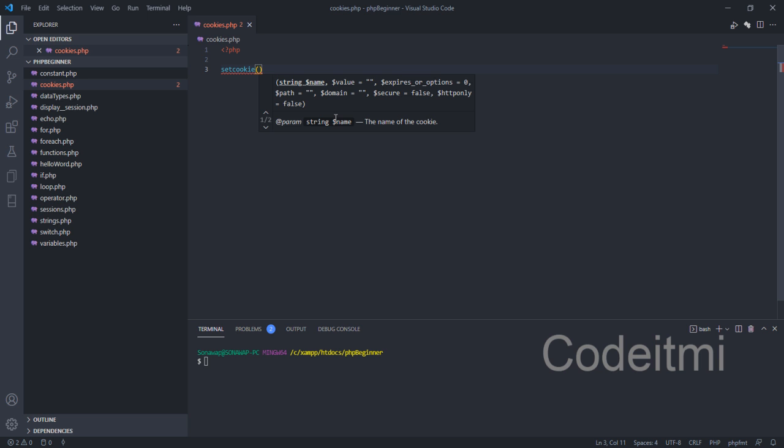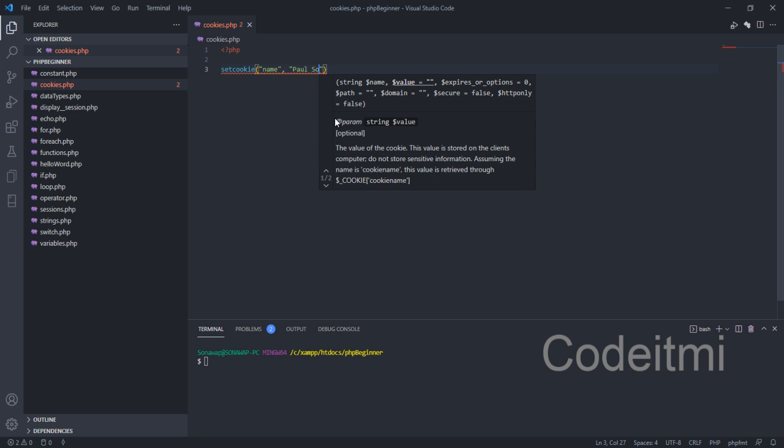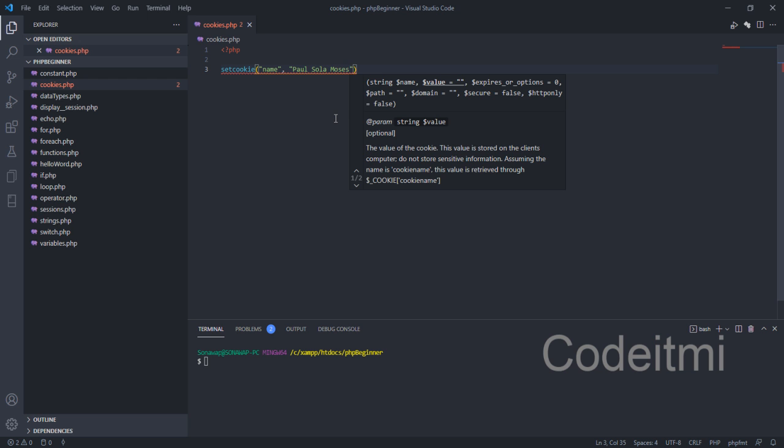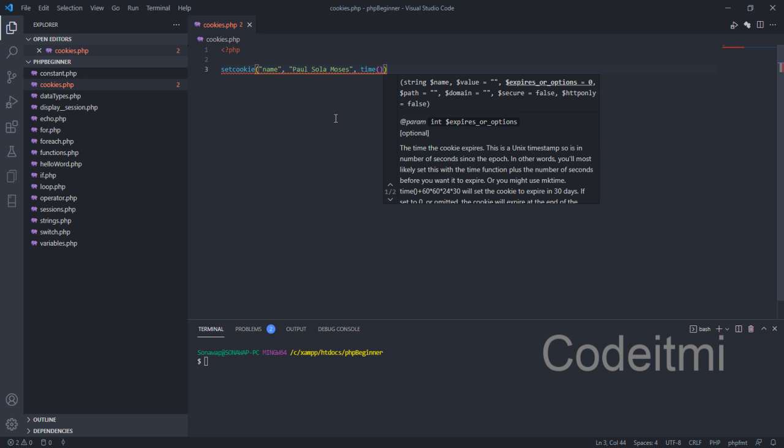So right here, let's go ahead and give this cookie a name. I'm going to call this name. So that would be the name for the cookie. And I'm going to give this a value. So this will be the value for the cookie. And the next thing we can do is to give this cookie an expiring date. So right here, I'm just going to say time(). This will be the current time,